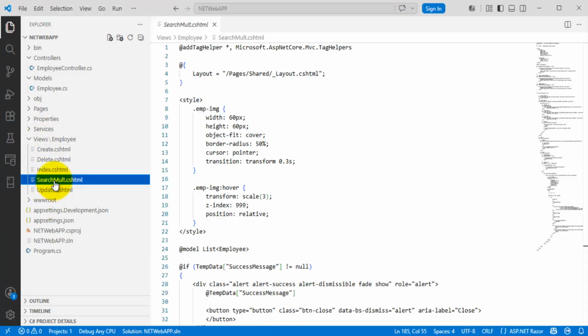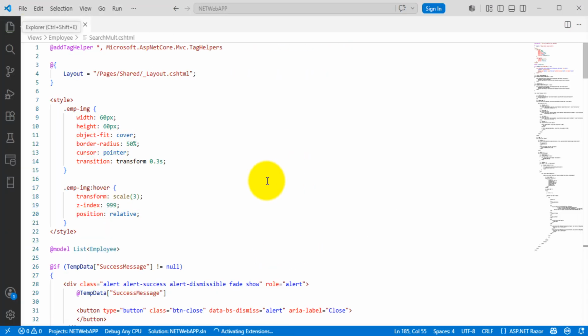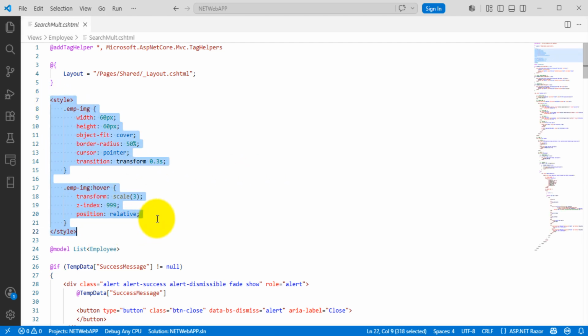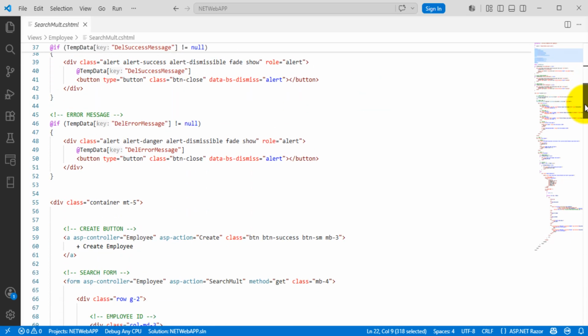So I'll open the searchmall.cshtml, guys. First of all, I need to add this style CSS, so that when the user clicks on or puts the mouse over the image, it will be expanded and shown properly to the end user. Okay, and the remaining code will be,